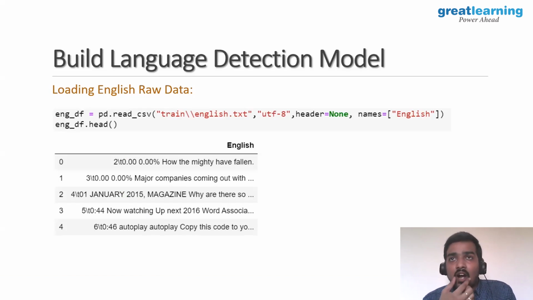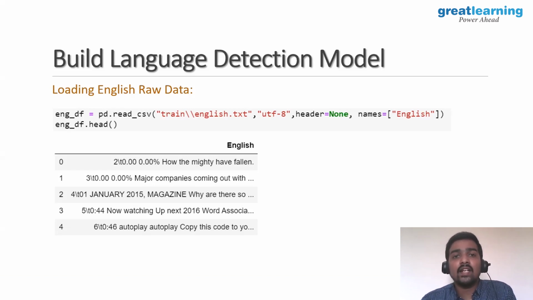After importing the libraries, the next essential task is to load the data. Where did I get this data? It is readily available on Google. You can just search for multilingual data for language detection or language translation, where you will get parallel corpora from news data or from European Parliament conversations. You'll have many languages, but the text files I have prepared are an amalgamation of many data resources.